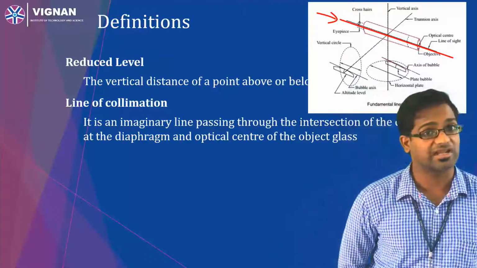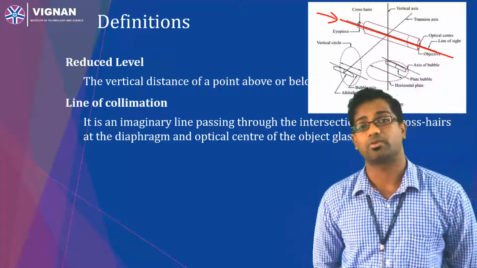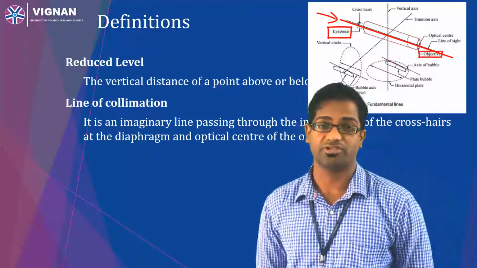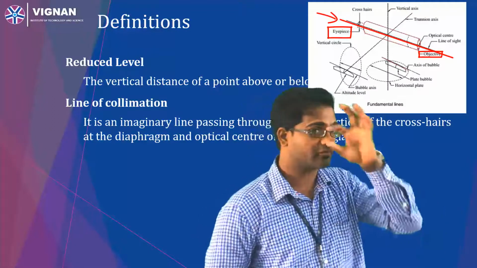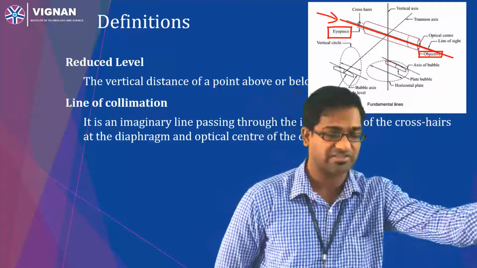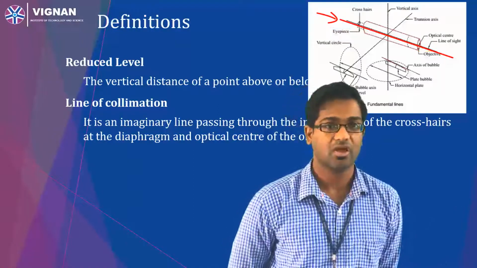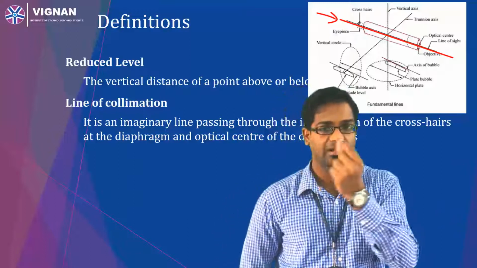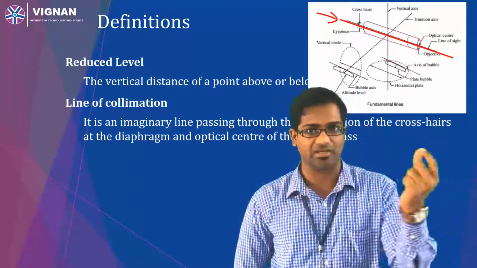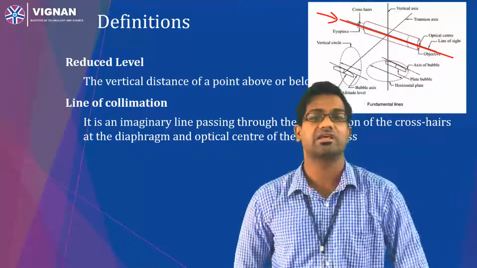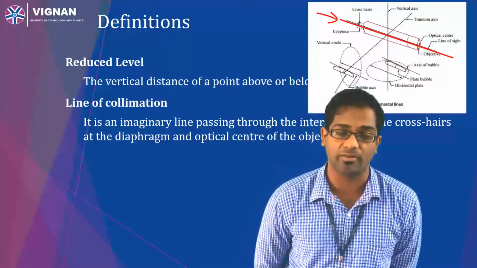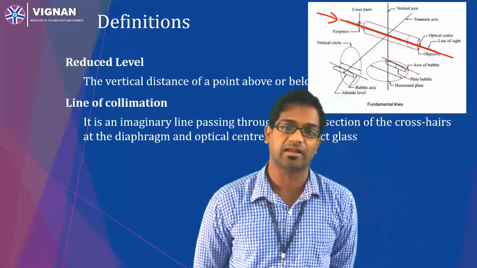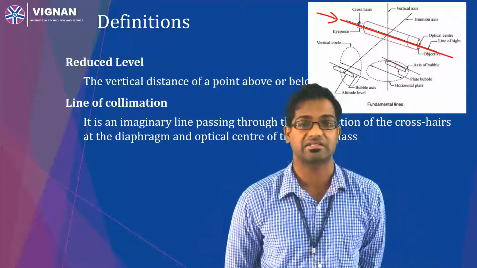Recap yesterday's class where we discussed the telescope. In the telescope, we have the eyepiece and the objective. The eyepiece is the place where you keep your eye, and the opposite side is called the objective or object glass. If you pass an imaginary line through the two centers and project it on either side, this line is called the line of collimation, which is our reference in order to calculate the ground distances.